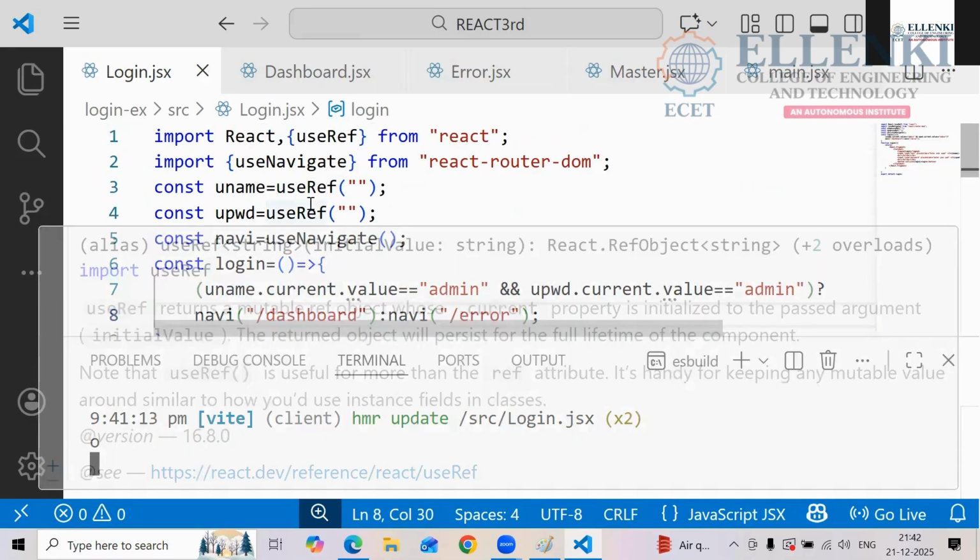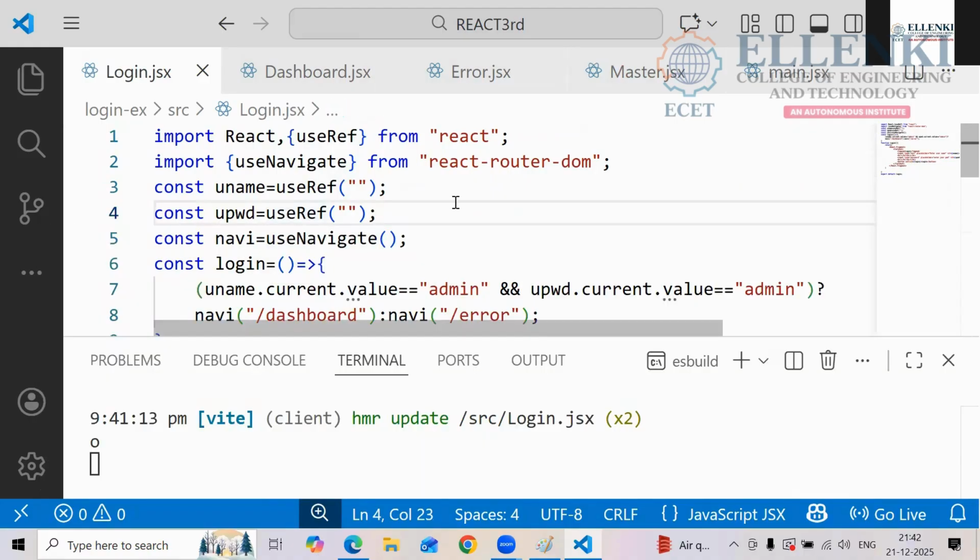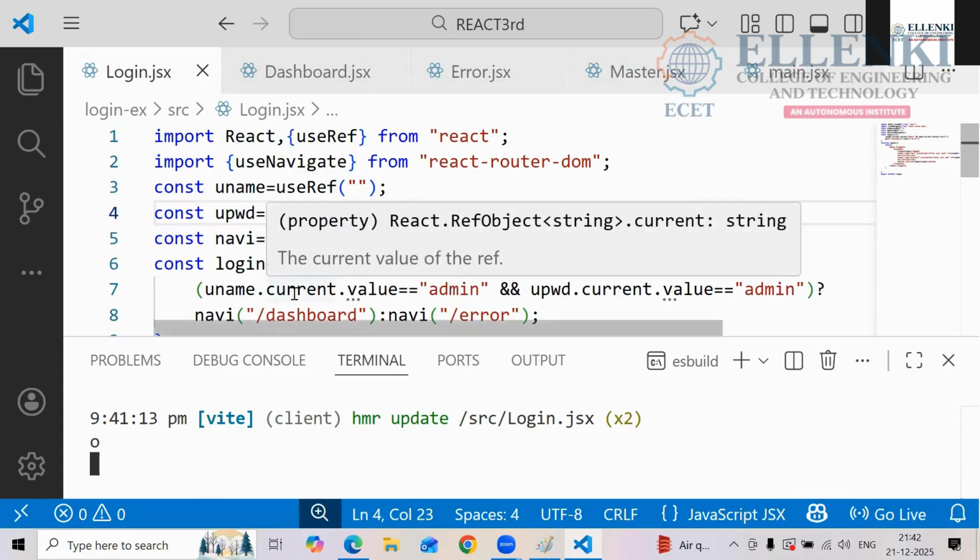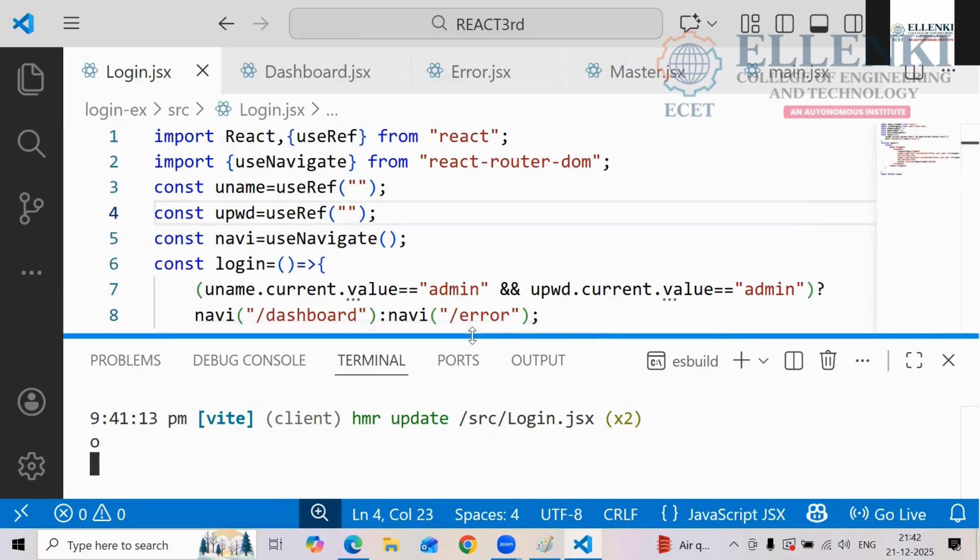Which one? Okay, first write this one. I will check where we got the error.